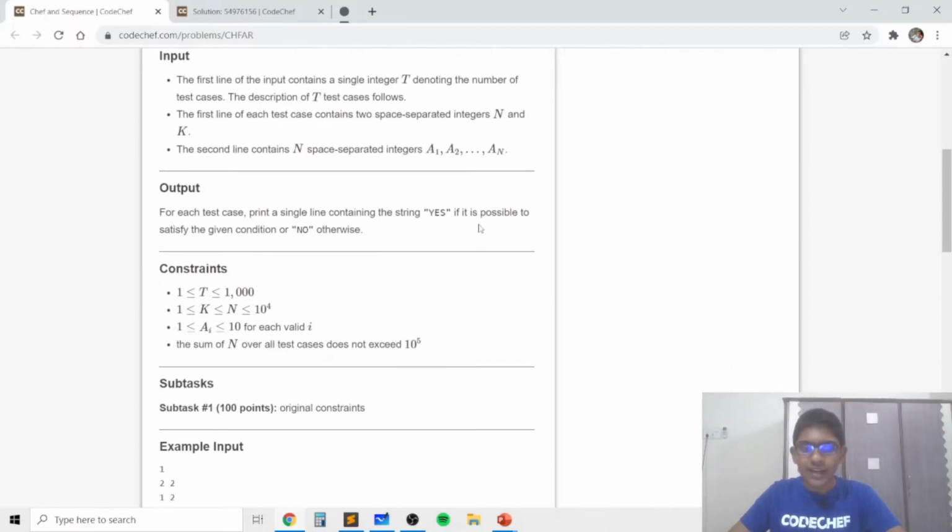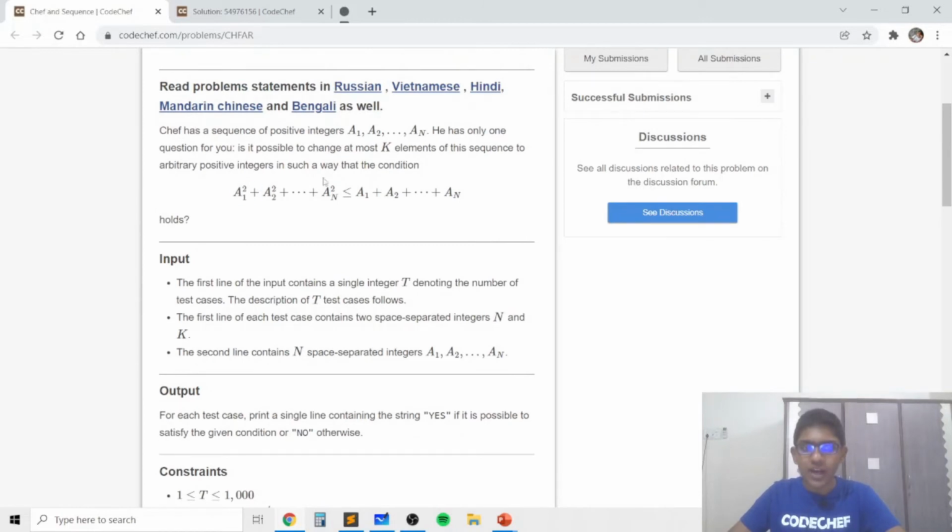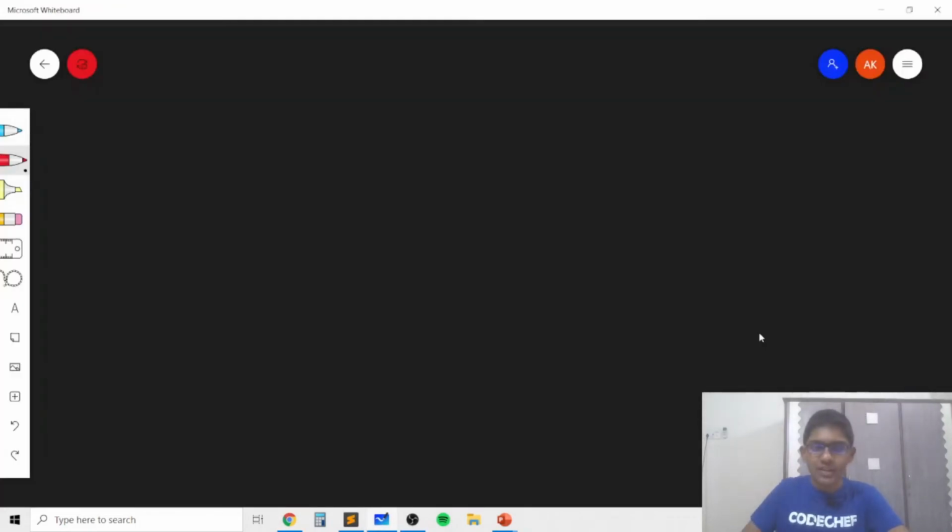Now, the key idea, there's only one possible approach for this problem, which is to try and understand how this inequality holds for positive integers. So the key idea is that if you consider only positive integers, then it should be clear that 1 squared is equal to 1, 2 squared is strictly greater than 2, 3 squared is strictly greater than 3, and in general for